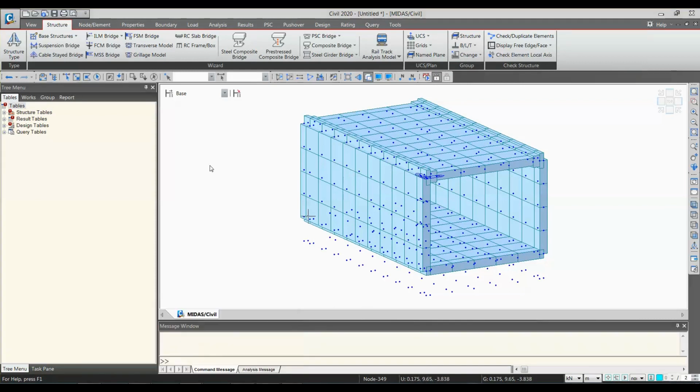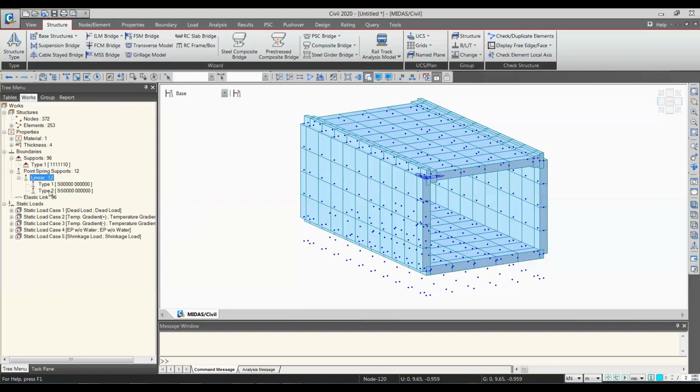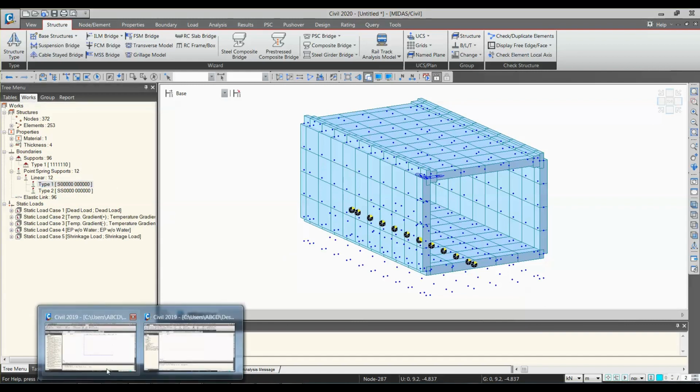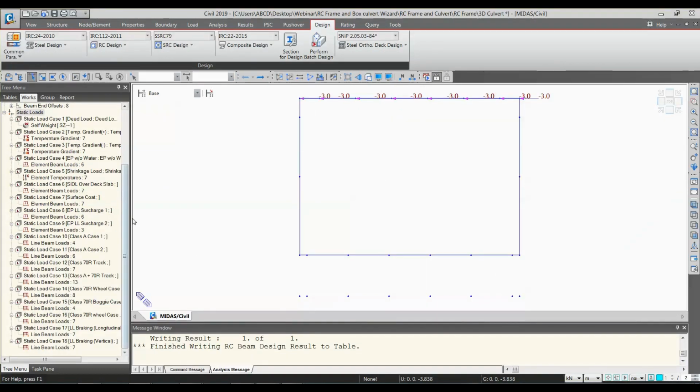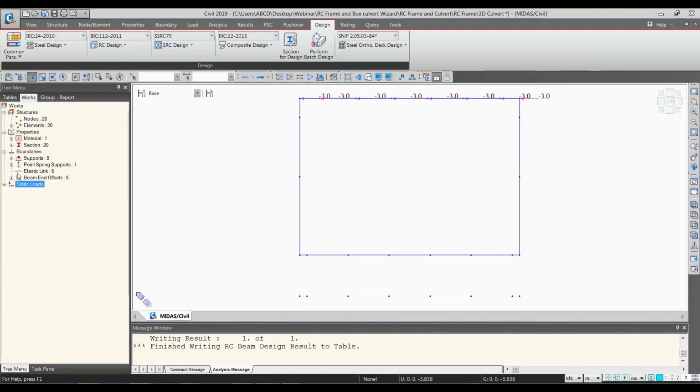Okay, so here you have generated the culvert. Let's go to works, and now let's first see the support conditions. The same will be in the 2D as well, so no problem even if we haven't mentioned it in the 2D. If you see the display, otherwise let me go to the what-is and first explain the support condition in 2D. Okay, so here, point spring supports.